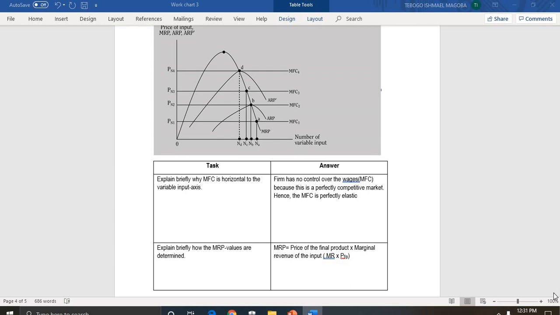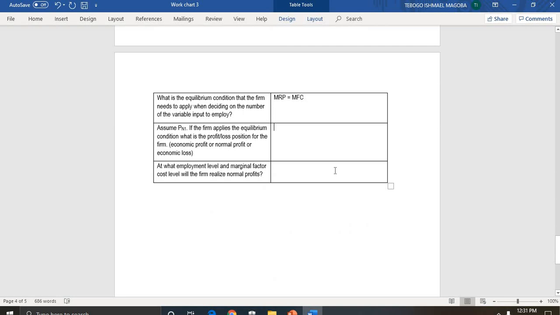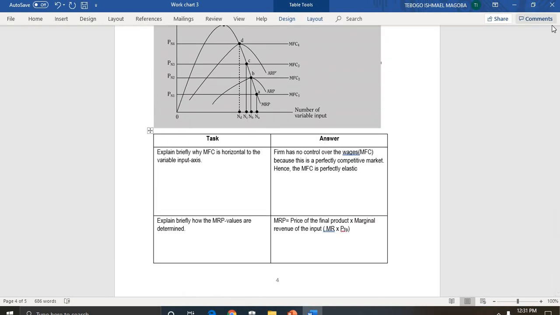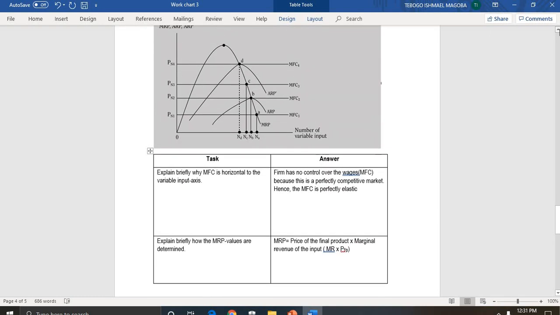Okay, and then moving on to the next question, they say assume Pn1. If the firm applies the equilibrium condition, what is the profit or loss position for the firm? Economic profit, normal profit, or economic loss? So this is how you will know. At point A, the